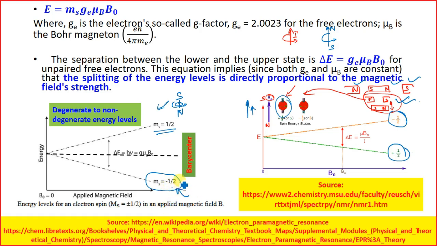This is happening because in NMR we were talking about the proton moving, and in EPR or ESR we are talking about the movement of the electrons, which are negatively charged systems. So if we consider the right hand thumb rule, current is moving in the top direction, our electrons should move in the opposite direction. The charge is moving in the opposite direction, and hence if you correlate this, you will be having the opposite thing.